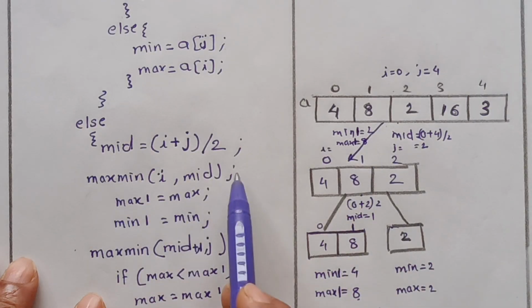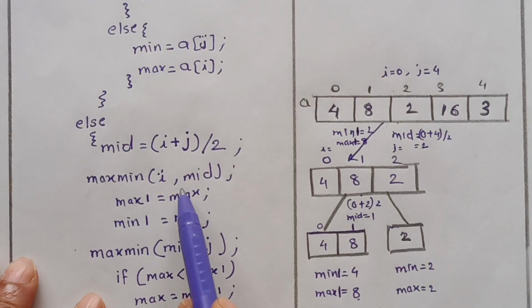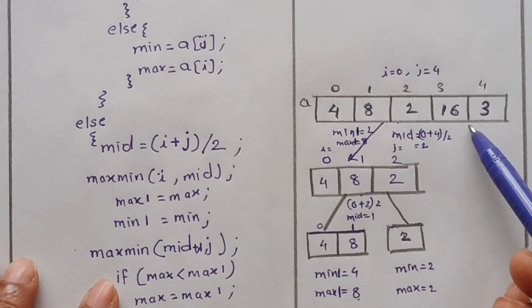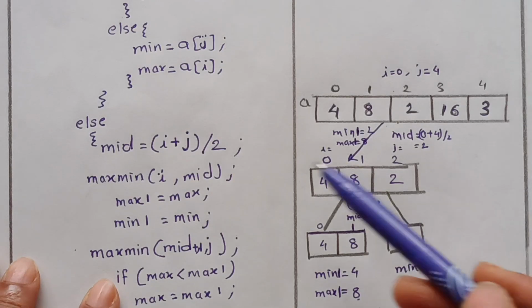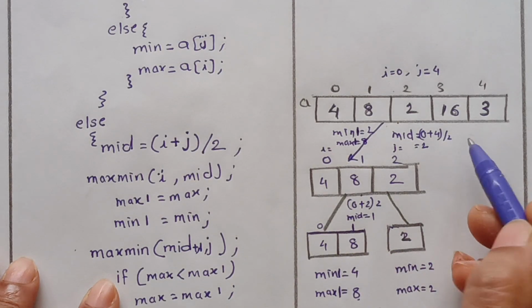See here, whenever you are calling the left side elements, we are storing the max value in max 1 and the min value in min 1, because whenever you are calculating the other side, meaning the right side elements, the max and min variables should be empty here. Yes, next see here,